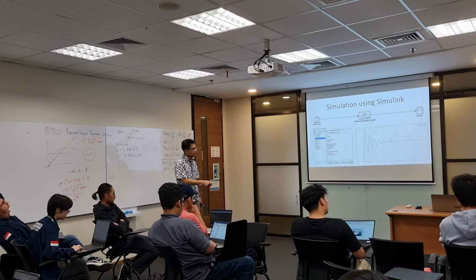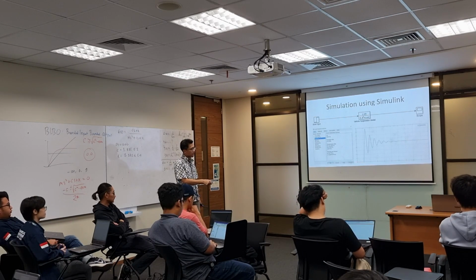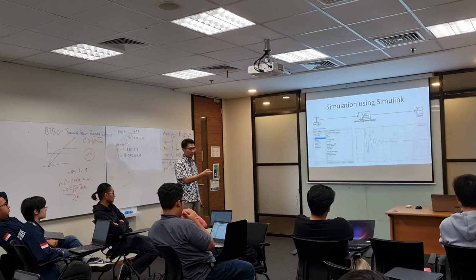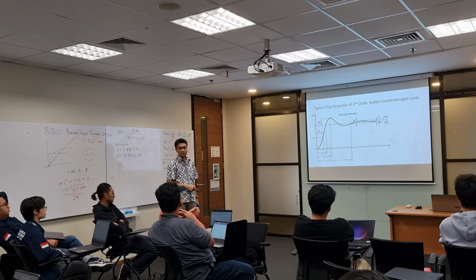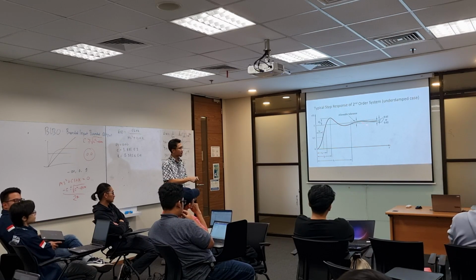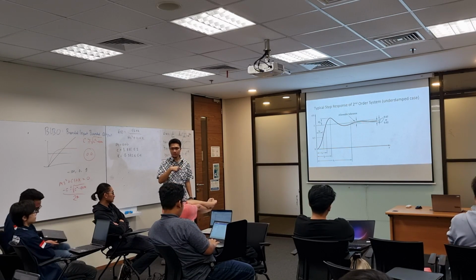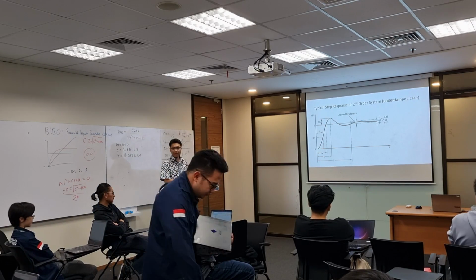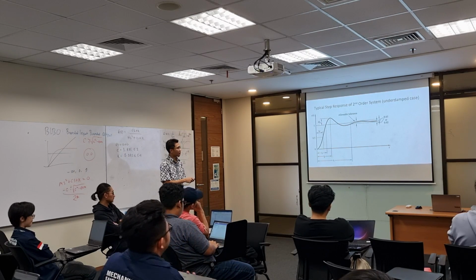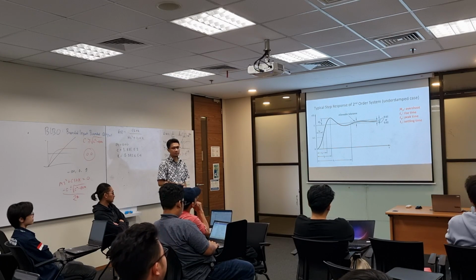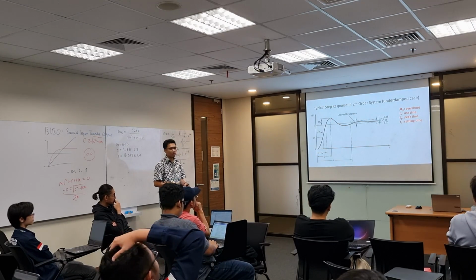Okay, you see, the system response goes like this, and then after that it goes to a steady state value. So typically, this is the step response of a second order system for the underdamped case. Underdamped case typically like this. It oscillates. Okay. So there are a lot of time domain parameters in there. You have MP, TD, TR, TP, TS. What are those? MP stands for the overshoot.